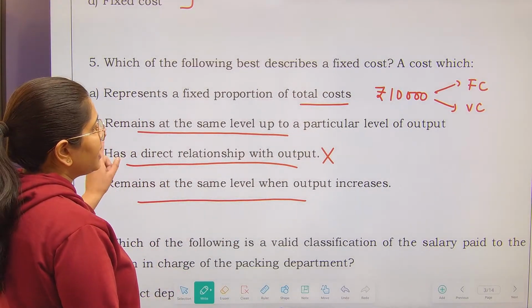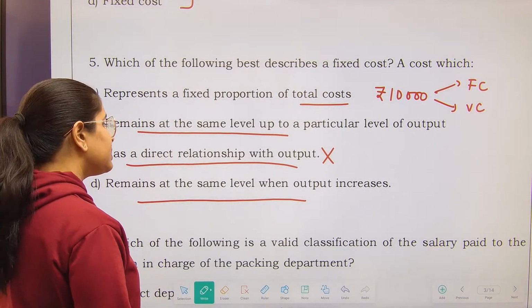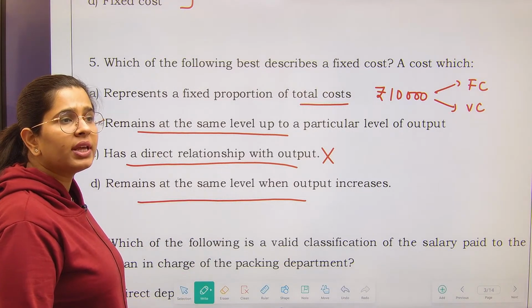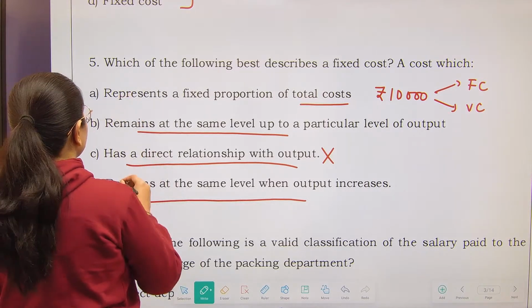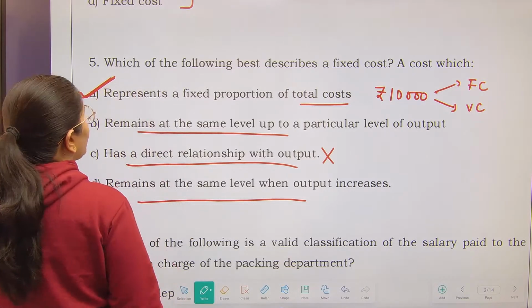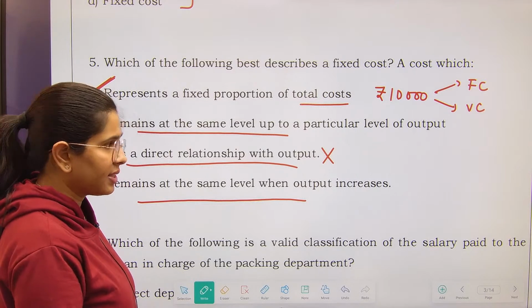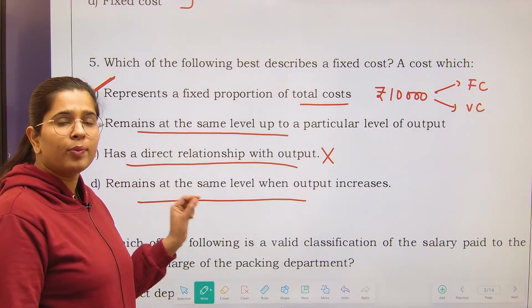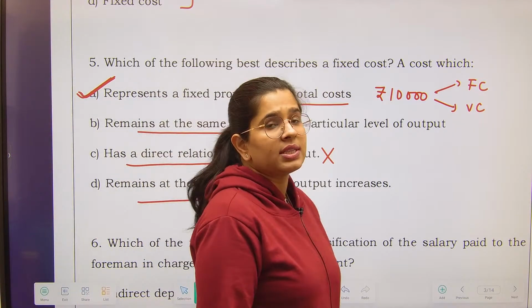Next, remains at the same level up to a particular level of output. This is also true in some cases, and remains at same level when output increases. This can also be true. But out of these three, the best one is this. I do not have any kind of confusion regarding this. These both statements B and C could be true in some circumstances. Right? Suppose